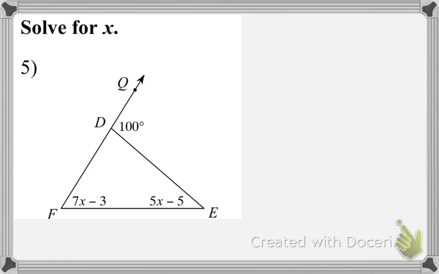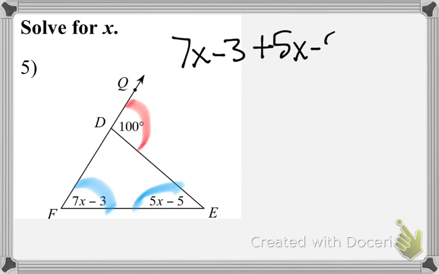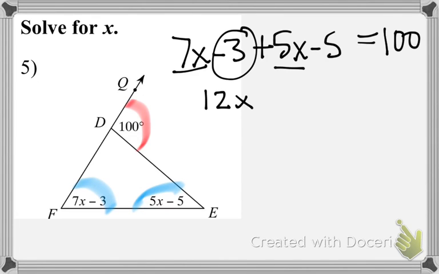Same exact setup. Okay, we have an angle outside, which is going to equal the 2 angles inside. So inside is equal to the outside. So we have the 7x minus the 3 plus the 5x minus the 5, and that's going to equal 100. So here we're going to combine our like terms. So we have 7x plus 5x leaves us with 12x. We have the negative 3 minus the 5, which is going to give us the negative 8,